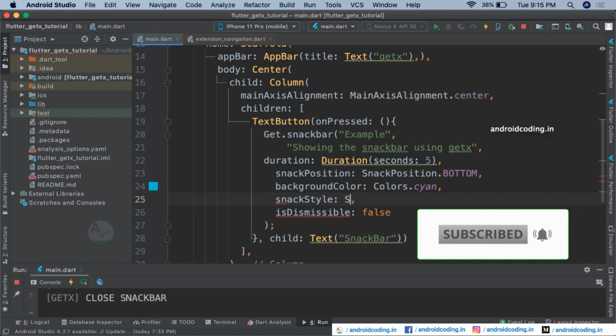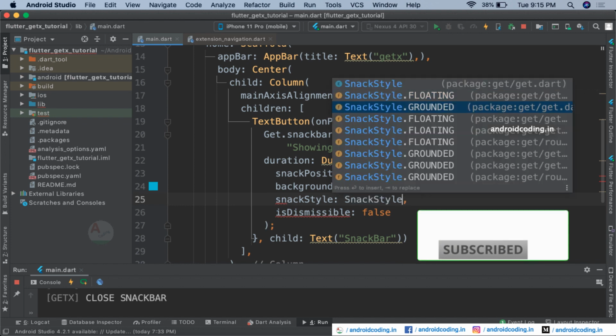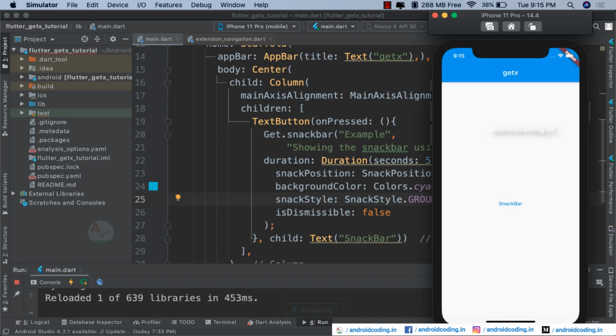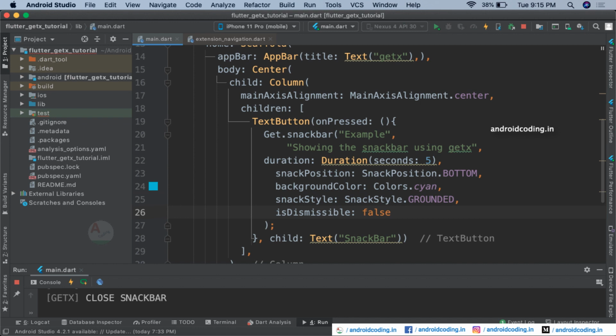When you make it grounded, you can observe it will be like a bottom sheet. Here you can see we got a snack bar from the bottom, which is the same, it's only a design aspect, that's all.